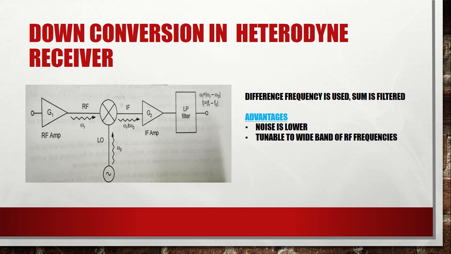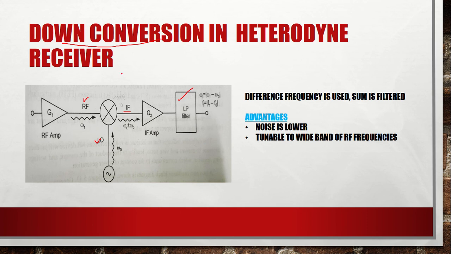And similarly, to perform down conversion, the upper frequency signal, the RF signal, is given. So this is of higher frequency value. I mix it with a local oscillator signal. This mixing gives us an intermediate frequency. This might be either a higher frequency value or a lower frequency value. But what we require is down conversion, which means I require only the lower frequency value. So we pass this through a low pass filter and we get the difference value, which is a lower frequency, and the sum is rejected in this low pass filter part.